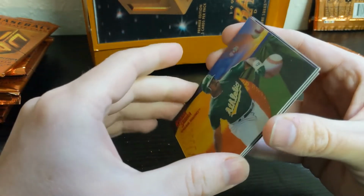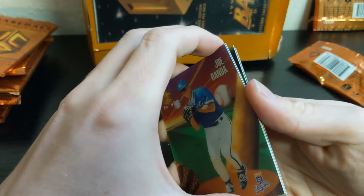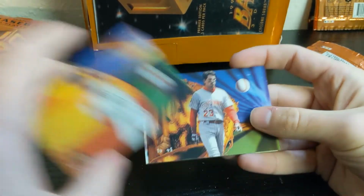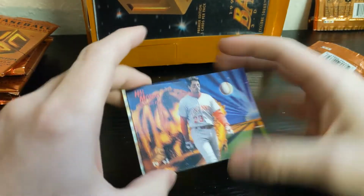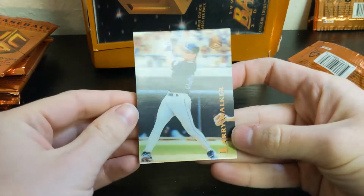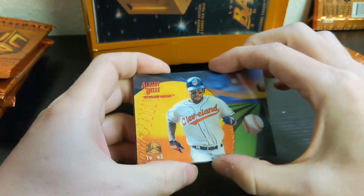Ruben Sierra, Joe Randa, Travis Fryman, Morris, and Larry Walker. So there's no Derek Jeter in this set. Pretty early in his career and was not in all the sets in '95. So it's kind of a bummer, but